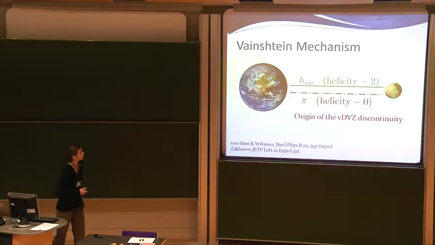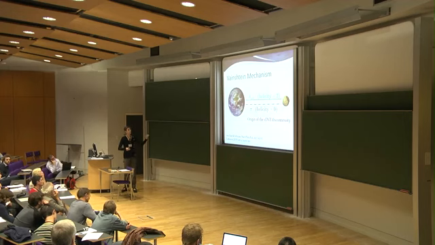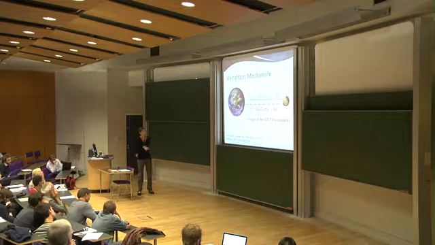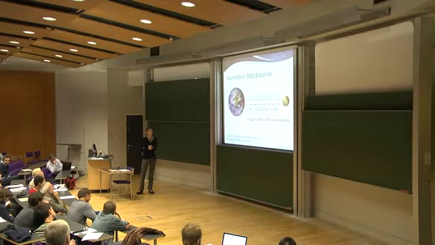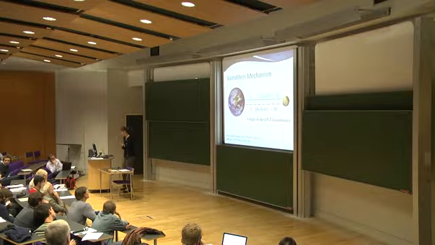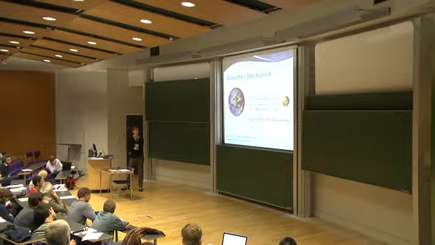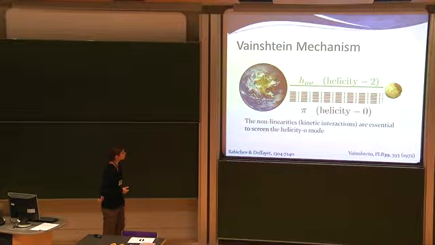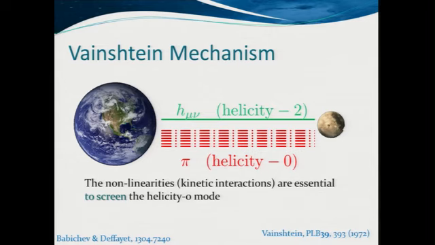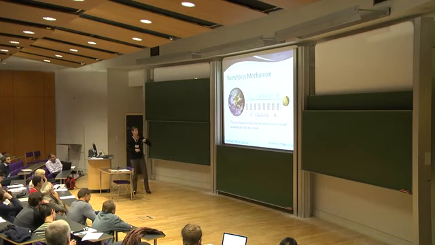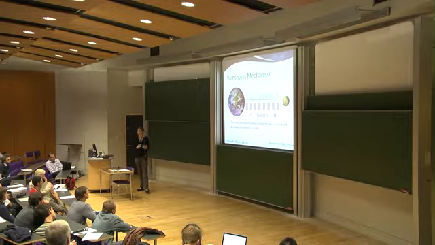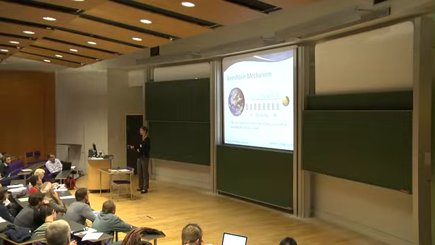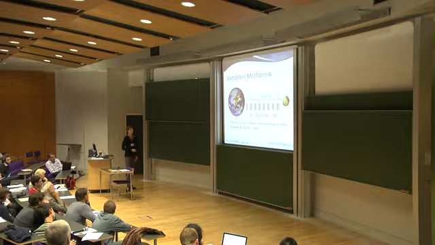If this was the end of the story, then you would think that the gravitational force between the Earth and the Moon would be larger than in general relativity, where you just have the one mediated by the standard gravitational force, because of this extra term that comes in. But the Vainshtein mechanism works by having all the interactions for this pi field, for this Galileon field, becoming important, and they kind of freeze the fluctuations of the field itself on top of it. So they kind of play the role of a honey, on top of which the fluctuations of the field itself become weakly coupled to anything else. So it's strongly coupled to itself, which makes it weakly coupled to the rest,